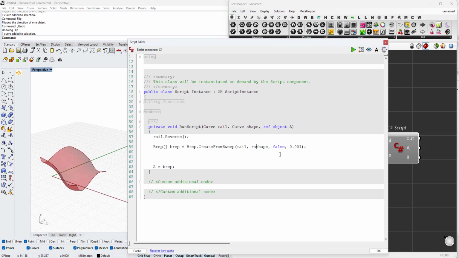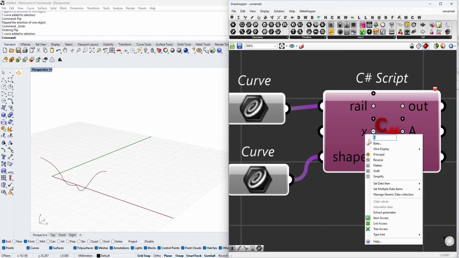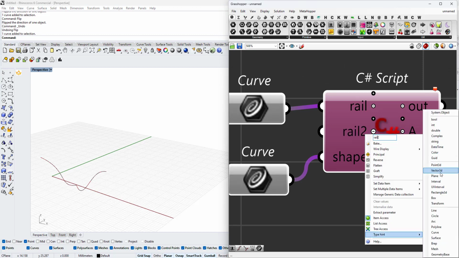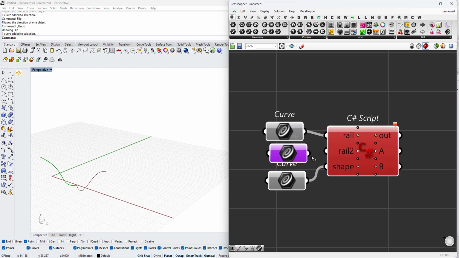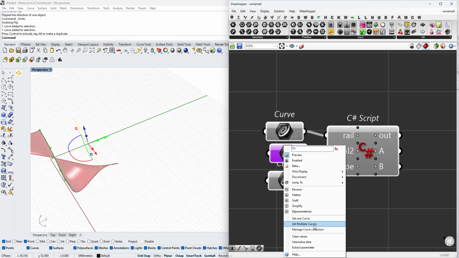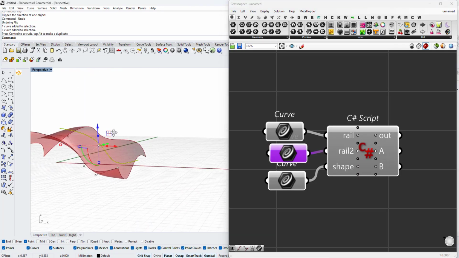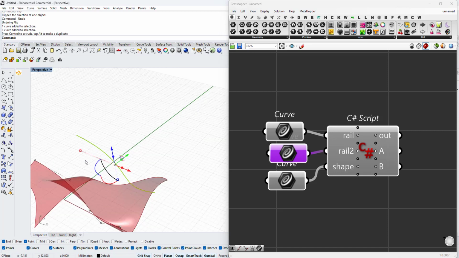Now what if we want to create sweep 2 geometry in Grasshopper using RhinoCommon? All we have to do is add a rail to this. Hopefully this will work without needing to add anything else. So let's create a rail to curve here, and let's copy this one here, and let's take a copy of this and set this curve to be the rail 2,